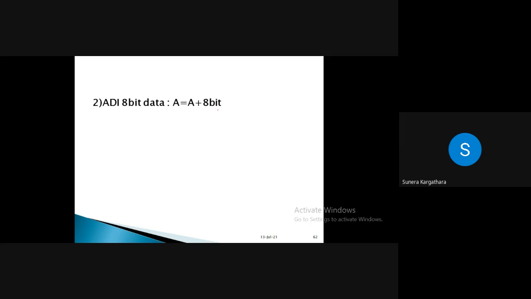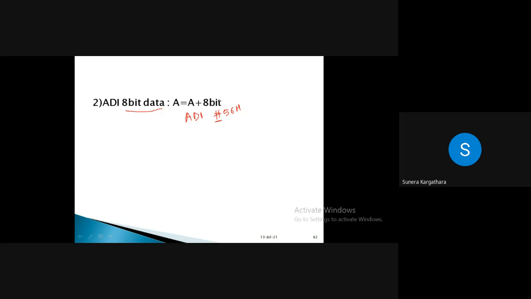Yes, ma'am. What about this instruction ADI? ADI is the 8-bit data is added in the content of accumulator. Correct. So the format of the instruction is after ADI you need to mention 8-bit immediate data, right? One more way to write this 8-bit data: you can write it like this, ADI, then any number, let's say for example 56H. If you mention it like this, then it will be considered as immediate data, right?